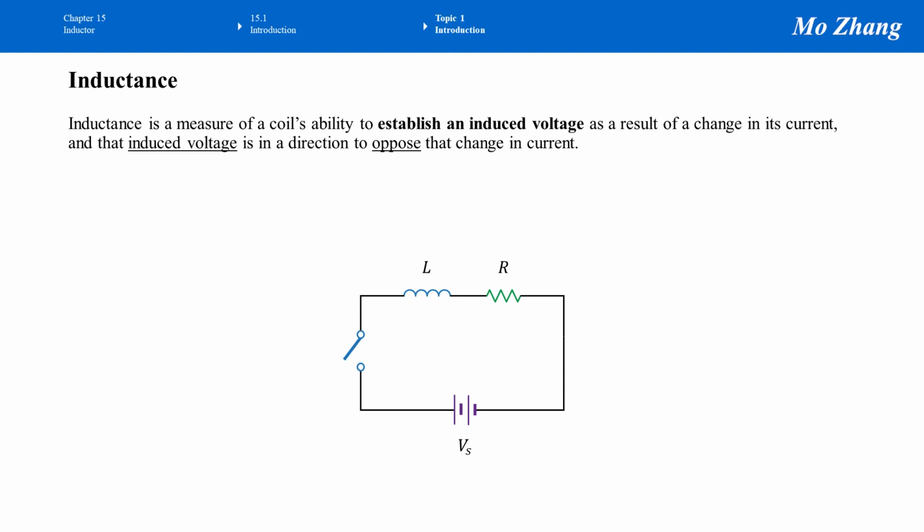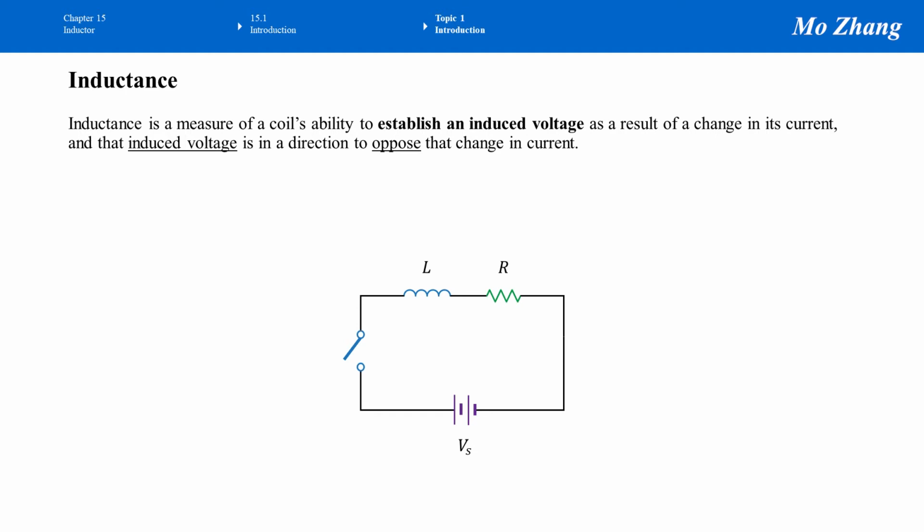So you may wonder, oh, we have a series circuit here. How come the current is changing? Isn't the current constant at anywhere? The current changes only at the moment when we close the switch. The circuit becomes from no current at all to maximum current, that is, reaching the constant current at the end